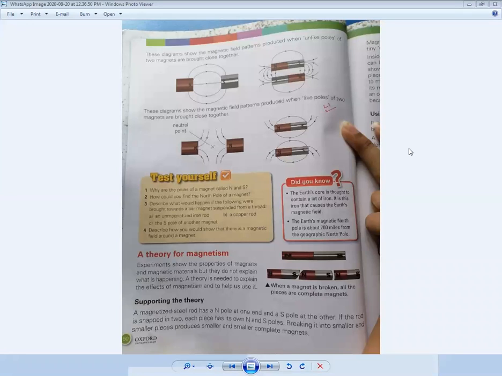Today we were doing the magnetic field in our last lecture. Okay, this is page number 50 of your book. Please open your books and see. You can also see on the screen. This is page number 50 of chapter number 4.